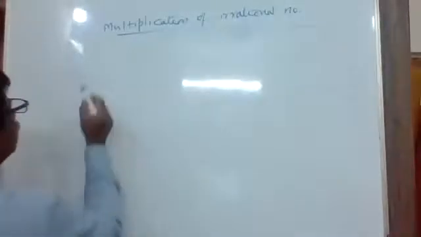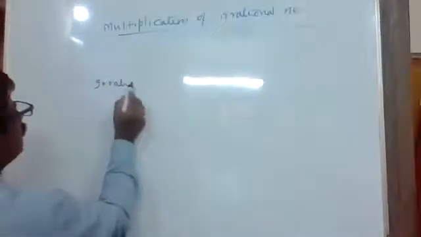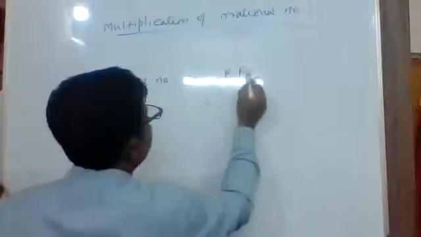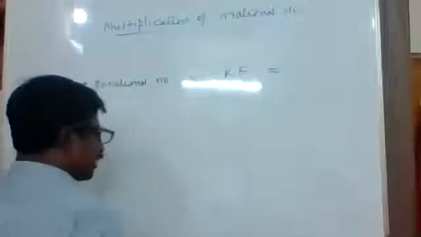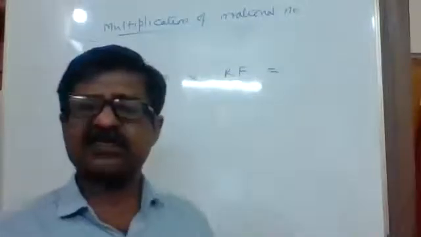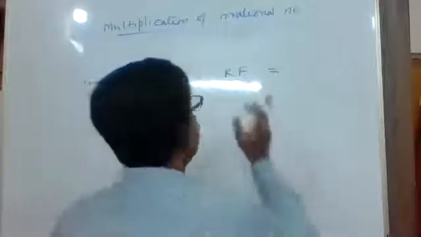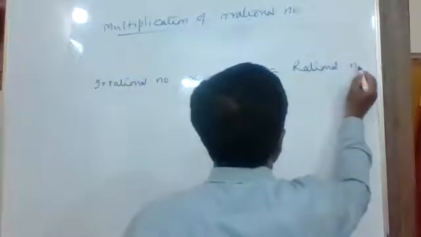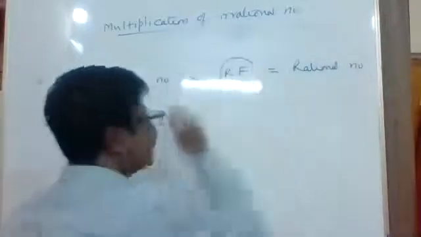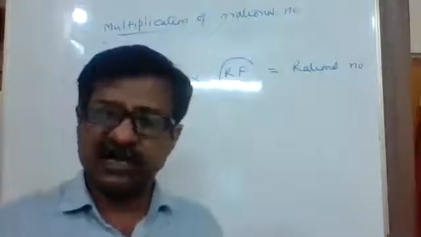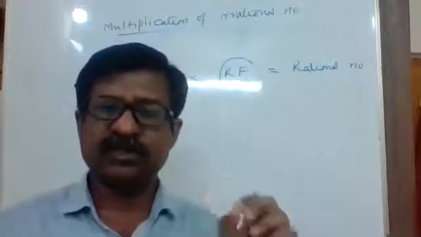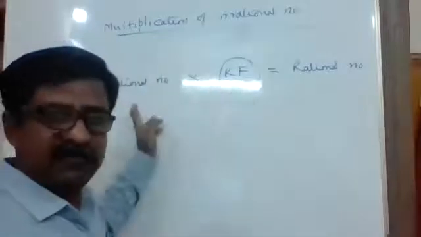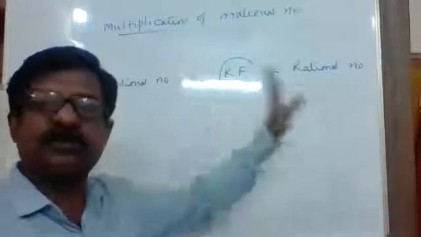If you have an irrational number, a rationalizing factor has to be multiplied with it. Rationalizing factor is another irrational number. When you are multiplying these two, the result should come as a rational number. Make sure it is an irrational number, and when you multiply it with the given irrational number, the result you get is rational.